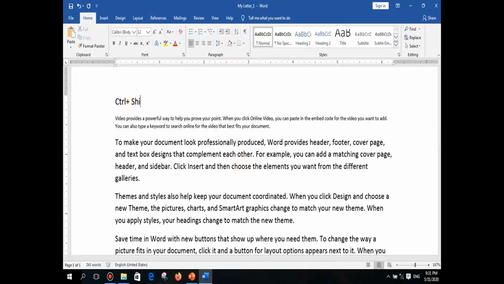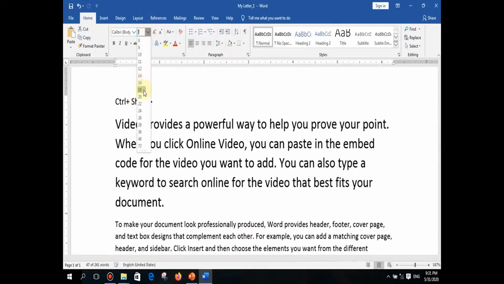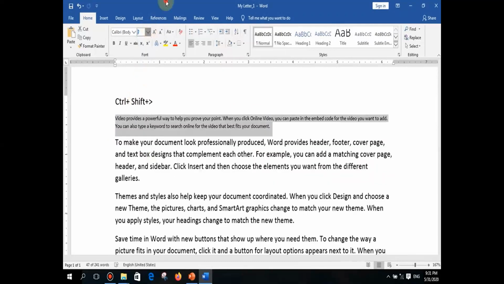There is another method, that is control shift plus the greater than symbol. So what will happen? You can notice. First we will see 8, 9, 10. Likewise, it goes 16 up to 72. Okay, now what I'm going to do, I will press control, already selected that part, shift and greater than symbol,